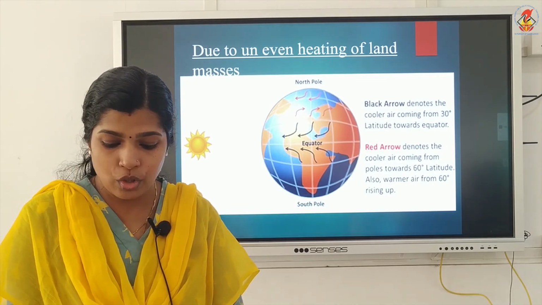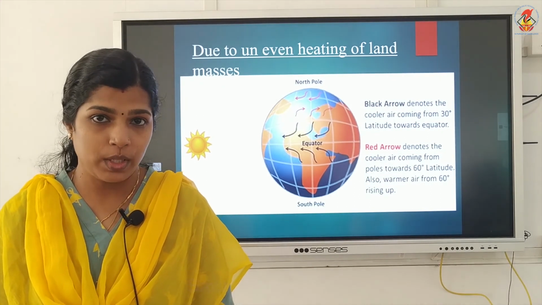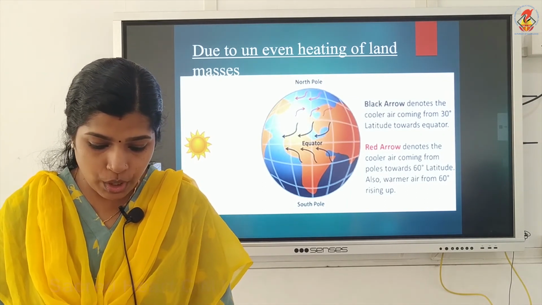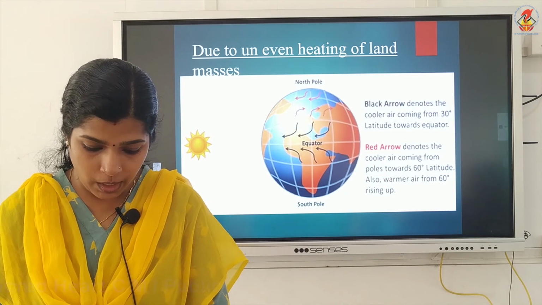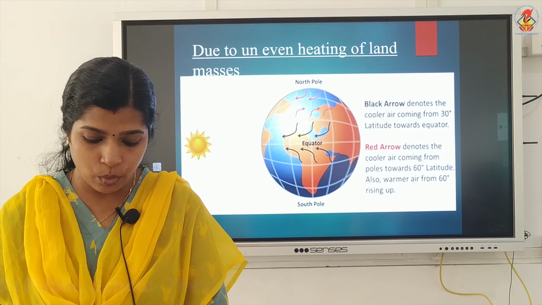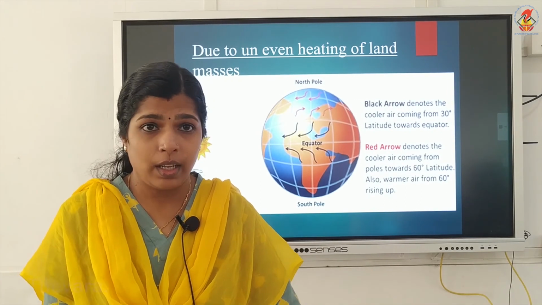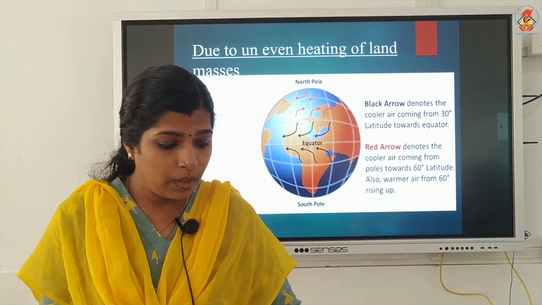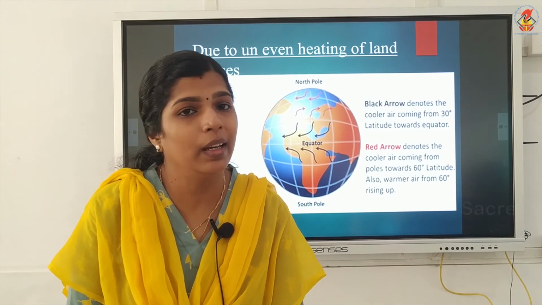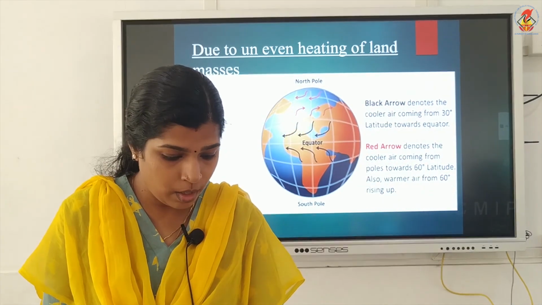In winter, the direction of wind flow gets reversed and it flows from land to sea. The wind from the ocean carries water and brings rain. It's a part of the water cycle. The monsoon wind carries water and brings rain. So in the winter season, the direction of the wind gets reversed and flows from land to sea, so it will carry a small amount of moisture and will cause a small amount of rain in the winter season.